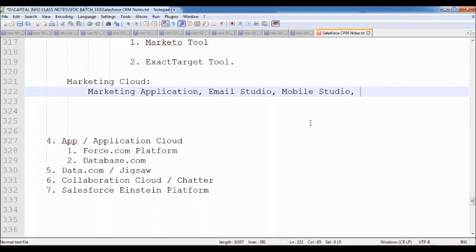For example, every day you are receiving so many calls from the mobile network people. There are some voice calls regarding credit card applications, pre-approved loans like that. You will be receiving some automated calls from various banks and financial organizations. In a similar way, if you want to promote your products by making mobile calls, then we can go with that Mobile Studio.